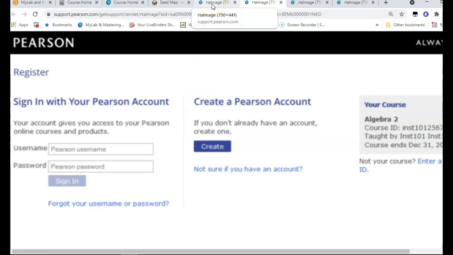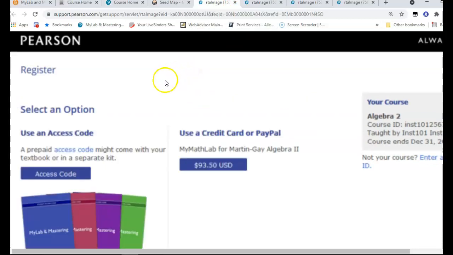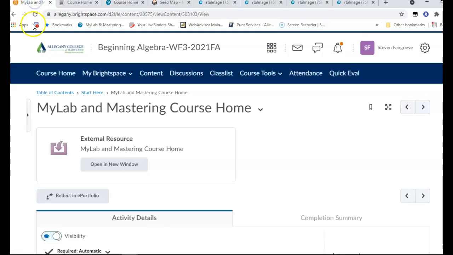It's then going to take you to the payment screen where it's going to say select an option. We're going to select the option for use an access code because your book was included with your tuition, so you've already paid for access for the course. So you're going to choose the access code option. Now, to get your access code, you're going to want to go back over here to mymathlab, click on Content again,